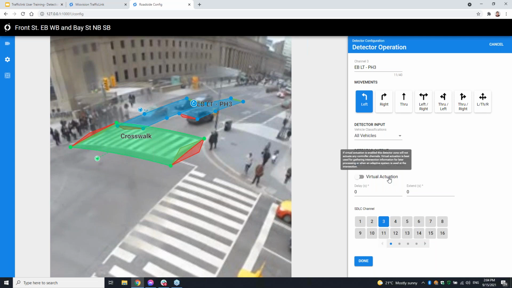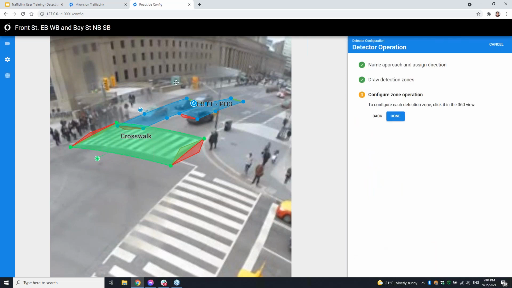There is a little toggle here called virtual actuation. If you're in a scenario where you don't necessarily need MyoVision for the purposes of actuation, but you do want MyoVision for the purposes of data, you can decide, I just want this detector input for the purposes of data. I actually have loops running at this intersection, so I'm going to use MyoVision for additional data points, and then you can configure us virtually. So we're not actually telling the traffic controller anything, but you're able to aggregate data from it. That's a tool that's often used for the cloud detection or the cloud tools side of it. You don't necessarily need to use this for any local operation.